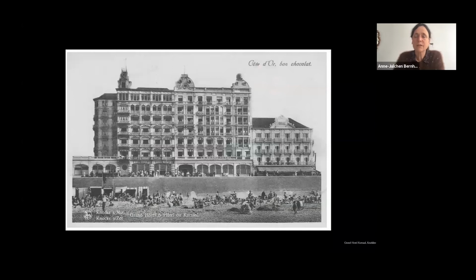And then in the third phase, it's again extended, but not in the height, but in the depths, in the facade facing the North Sea. And then it's all the same hotel.